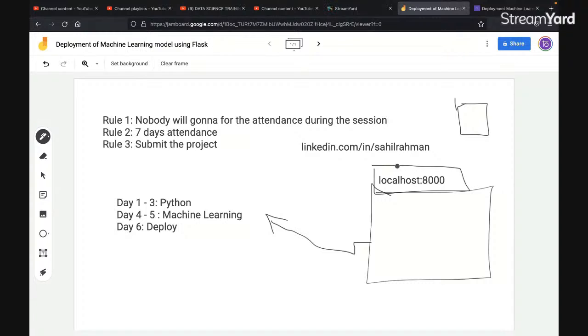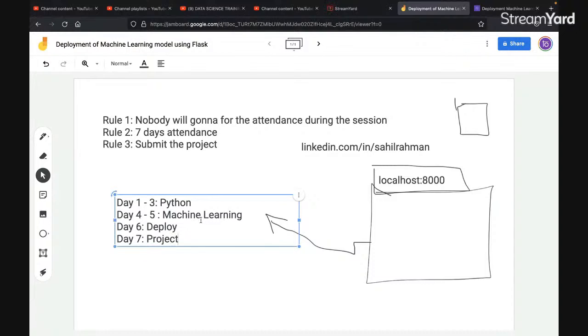Perfect. Now this is the agenda. This is how we are going to go through the entire session. On day 7, I will be giving you a project. Till day 6, I'm going to explain how exactly things work.